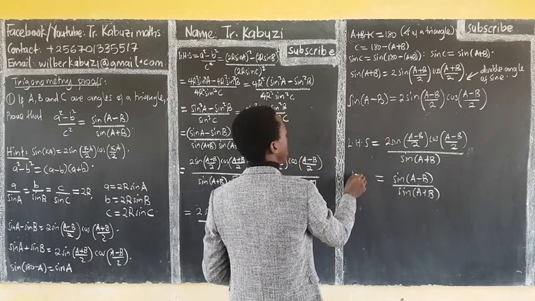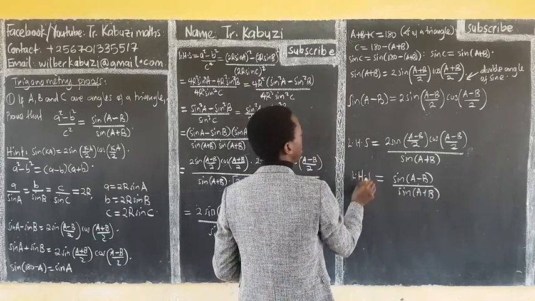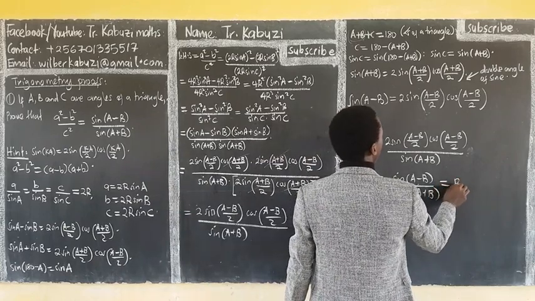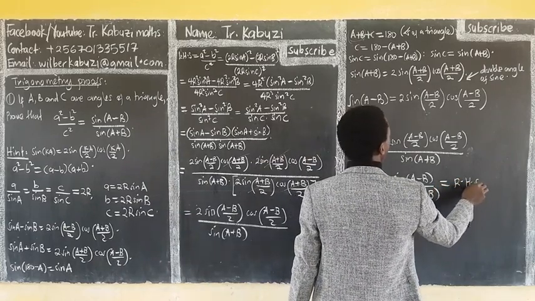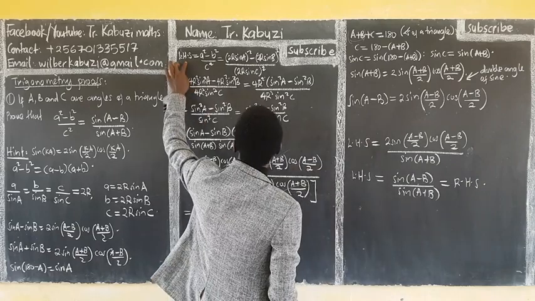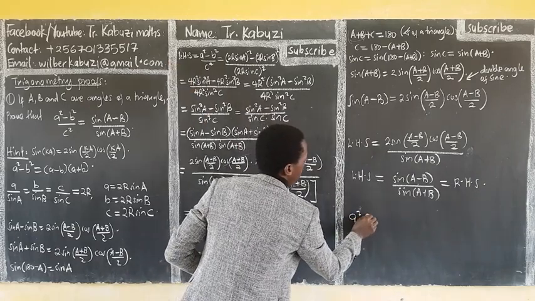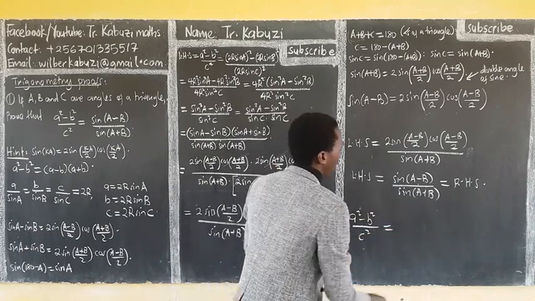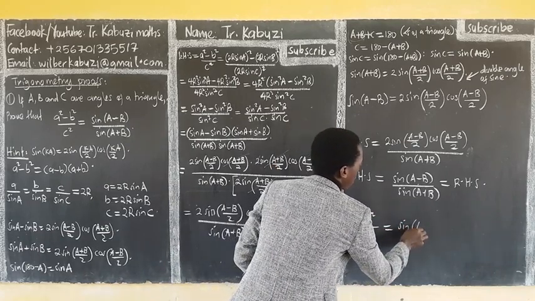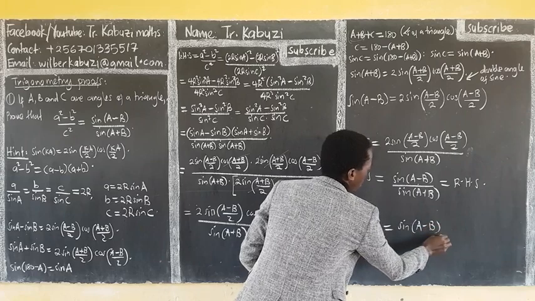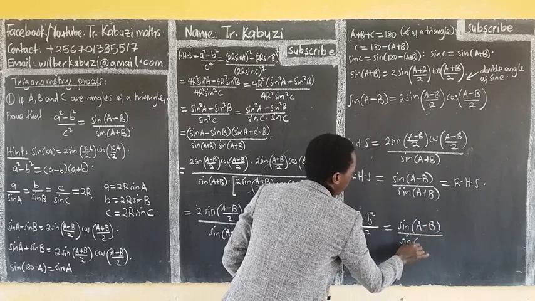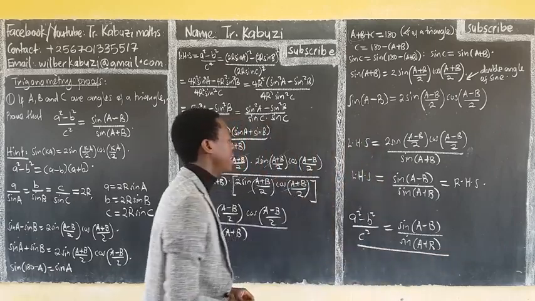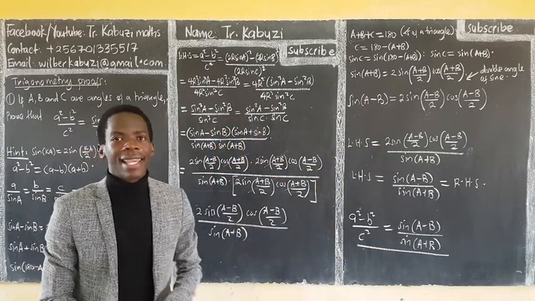And so our left hand side now is equal to this, which is equal to our right hand side. But our left hand side was a squared over c squared, now is equal to 2, now over a plus b, and c we have that. So that's it, members. I wish you